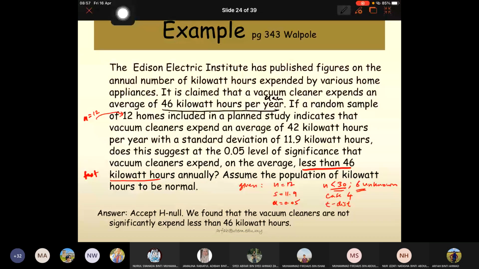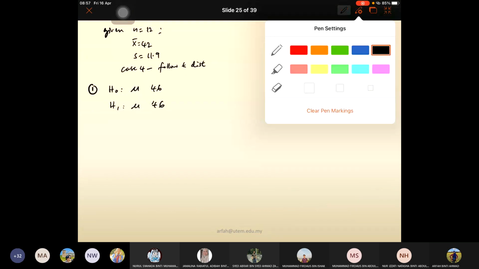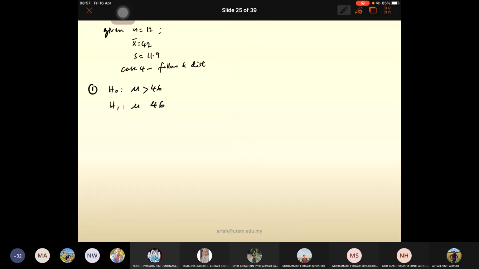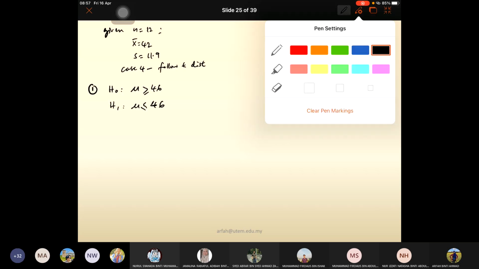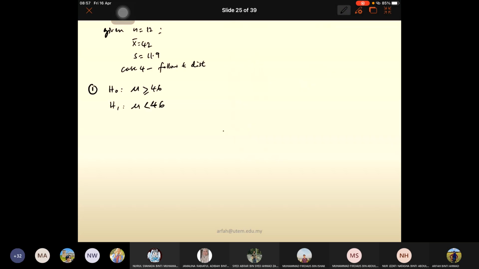Tak. Sebab itu adalah H1. Statement yang dibagi adalah H1. So the complement, the statement that we want to test H1 is mu less than 46. So H null is mu greater or equal to 46. Okay. So from here,